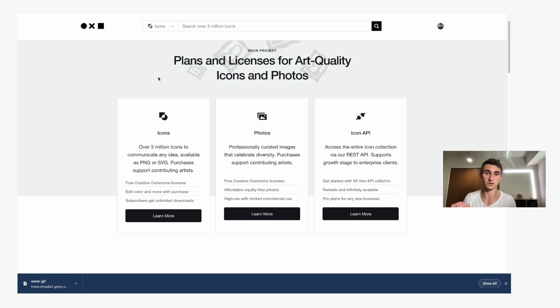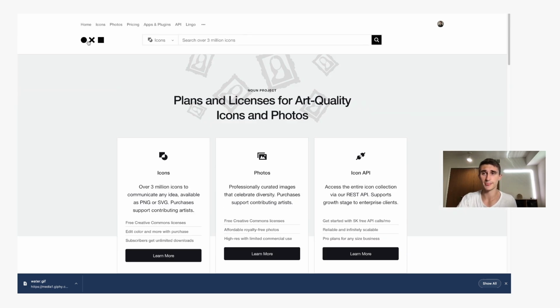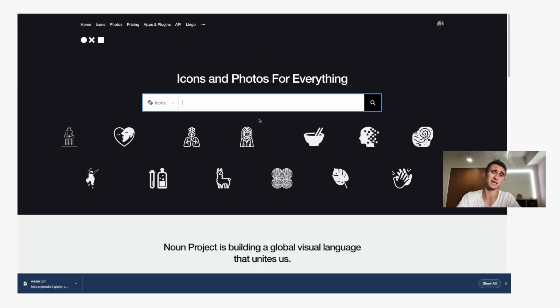And at the end of the day, if you can't find enough icons on Miro, I would suggest looking at thenounproject.com. These are the cheapest, highest quality icons that I have found so far. I just pay for, I believe, this yearly Noun Project Unlimited individual subscription. And then from here, you can get different themed icons. If I just type something along the lines of, let's say, nature,